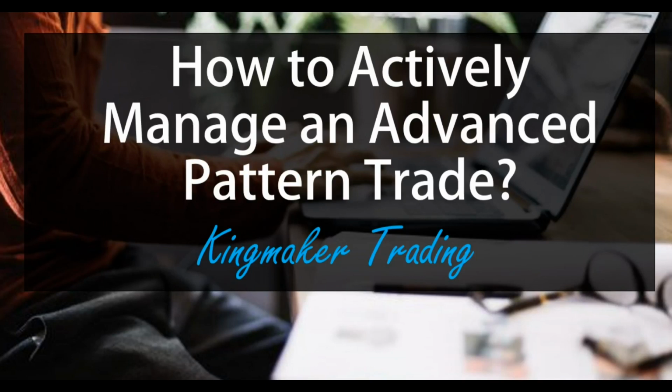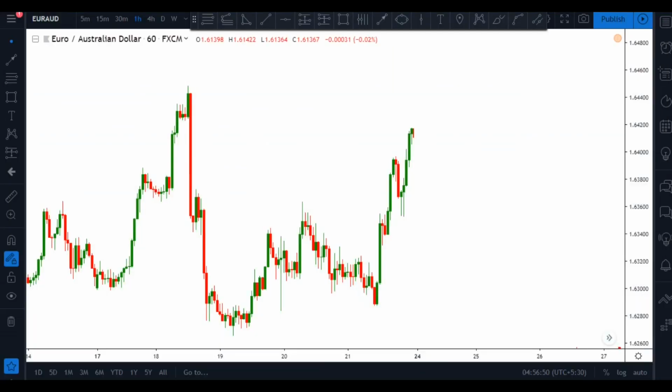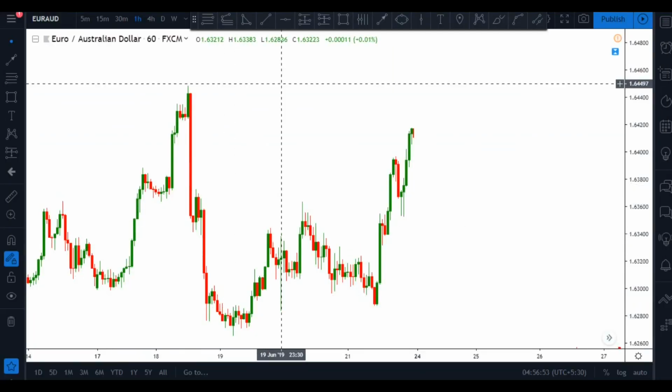Today we are going to talk about how to actively manage an advanced pattern trade. So let's get started. Guys, this is a trade that we took advantage of